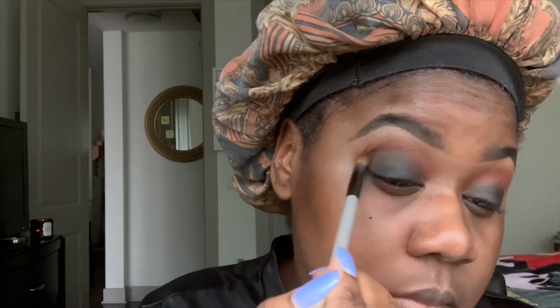Okay, here is where I took a small crease brush and I applied a darker color, like a darker red color, into the crease just because I wanted that transition between that brick red and the black to be a little smoother. So I just went for that darker red to kind of help